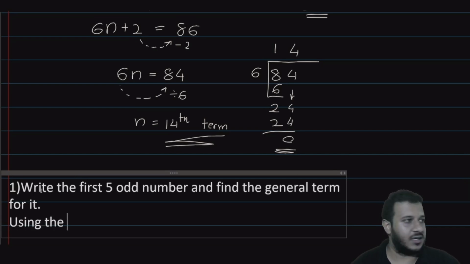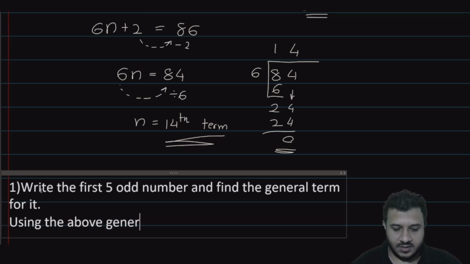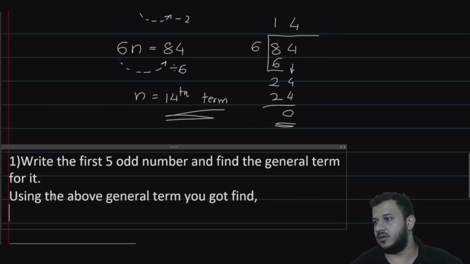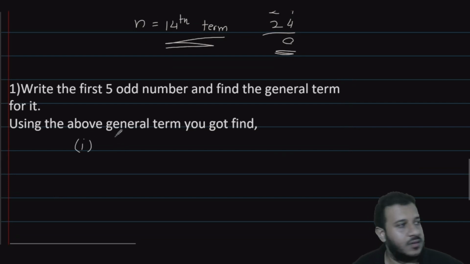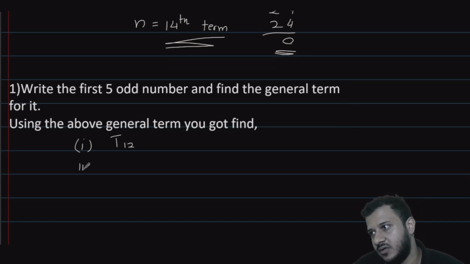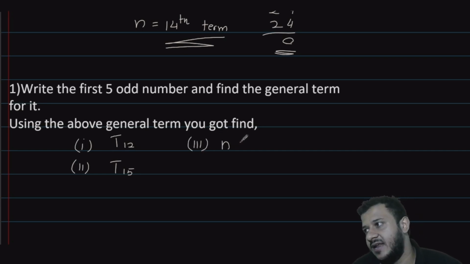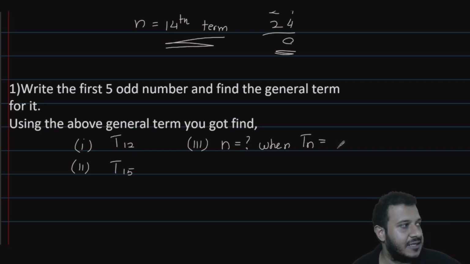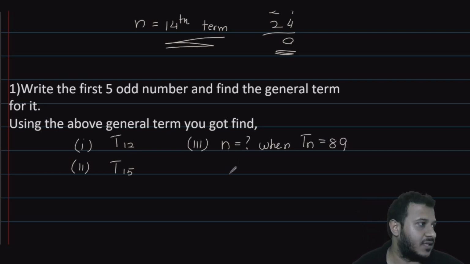Then using the above general term you got, find Roman number 1, T12; Roman number 2, T15; Roman number 3, n equals how much when Tn equals 89; and then